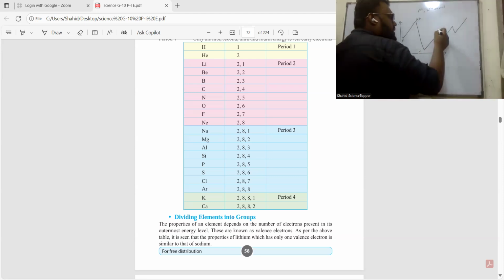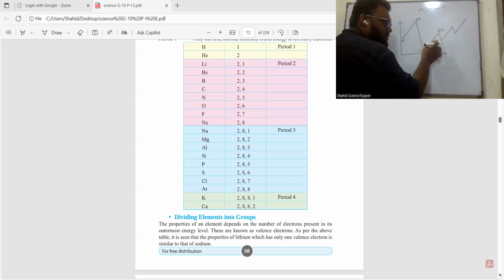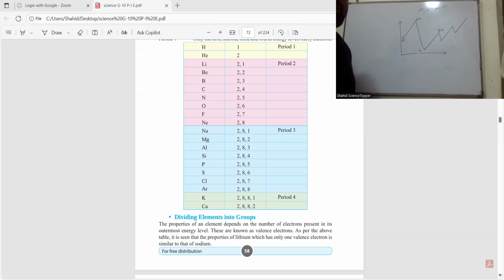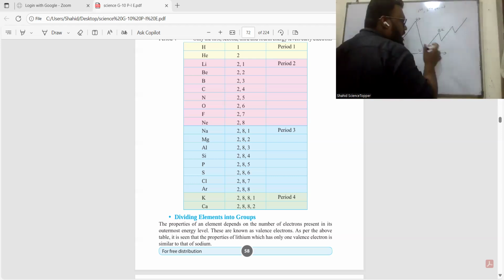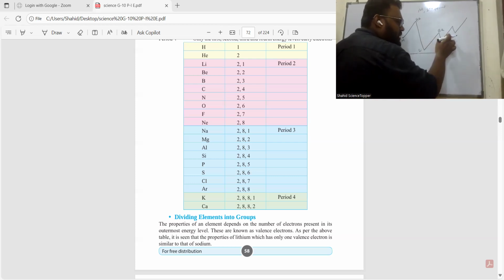lithium, beryllium. There is no element coming in between lithium and beryllium, right? So after lithium, beryllium has to be at this point, not in the middle. We have to be very careful where we put the element. It starts from here, right? So lithium, beryllium,